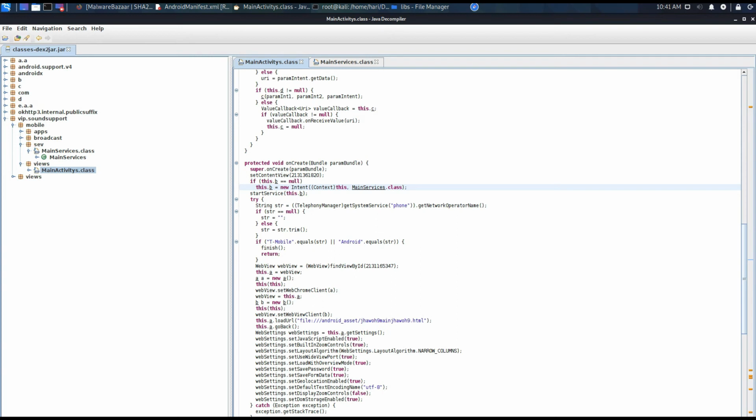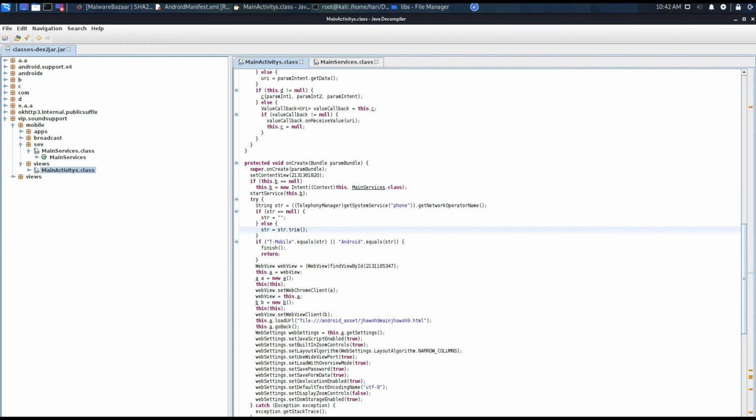What is happening when an application is launched? They are starting the service, which comes from this class. Let's see that later. After that you can see telephony manager. Telephony manager is used in Android applications to get cellular related information, for example what kind of network operator you are using, like Airtel or Jio. It will be obtained from this telephony manager package.